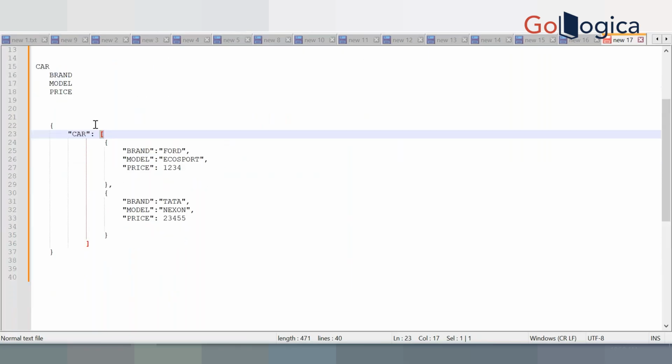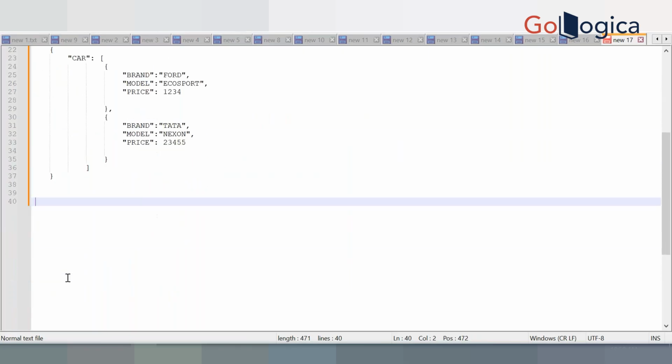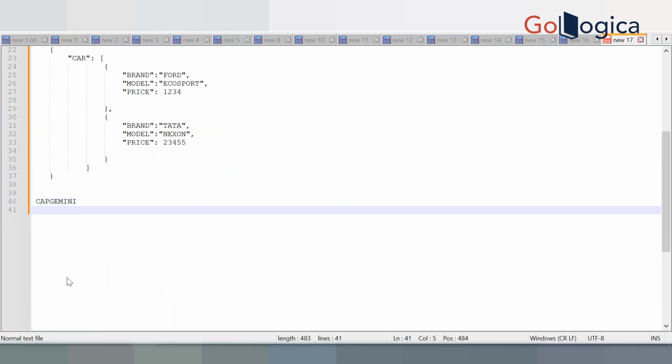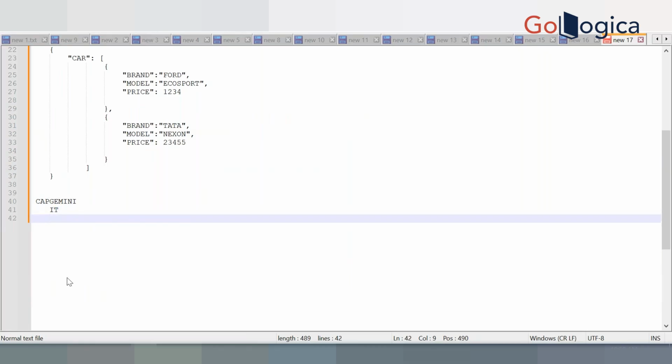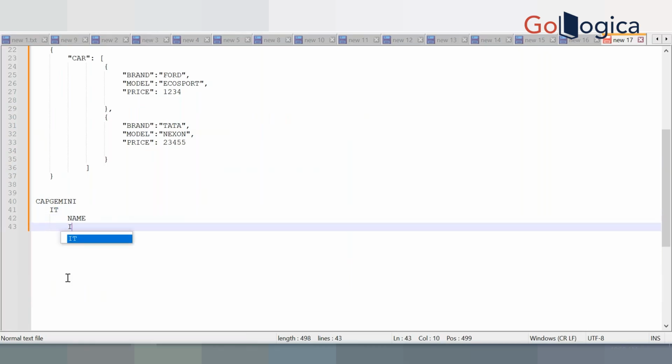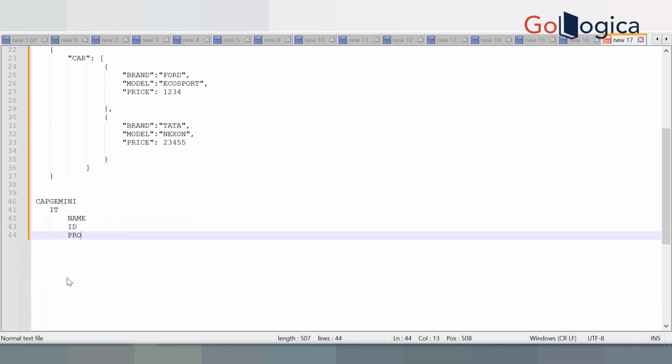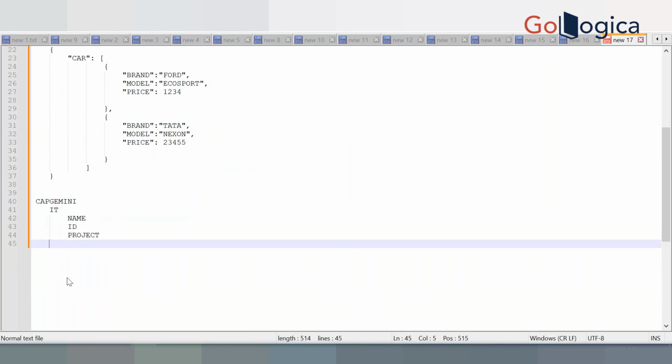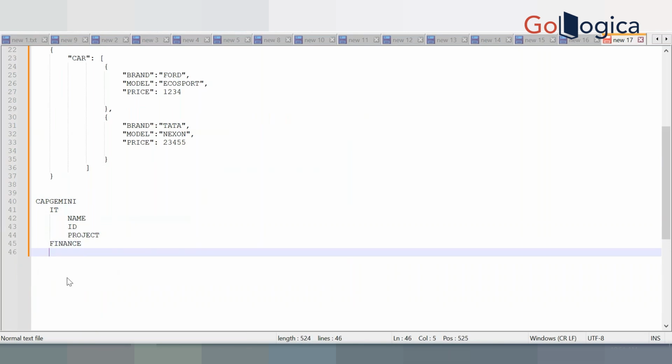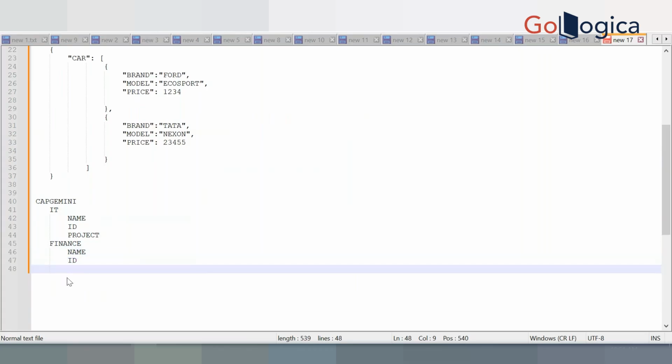Now, can you write an example for Capgemini: IT with name, ID, project, and finance with name, ID, project.